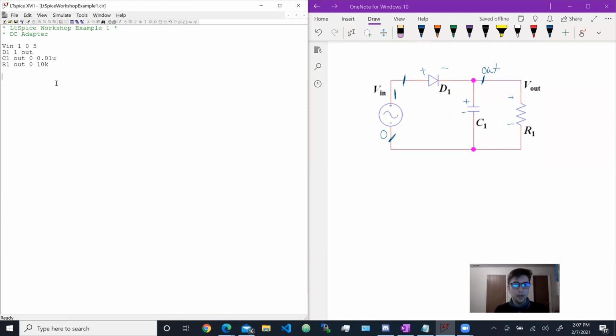All right, that's our whole circuit. We have our voltage source and a diode. The voltage source goes from 0 to 1, negative and positive, those terminals. Our diode goes from 1 to out, from positive to negative. And when you do current sources, if this was a current source and it was to go in that direction, then this side would be the positive and that would be the negative, because you have to think about it in terms of which way the current